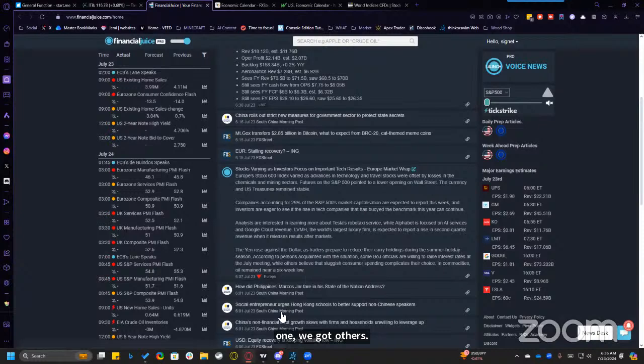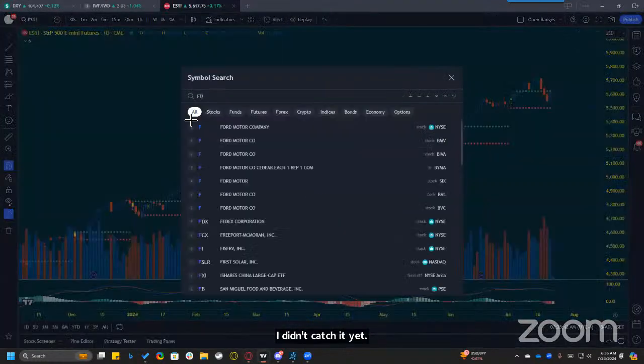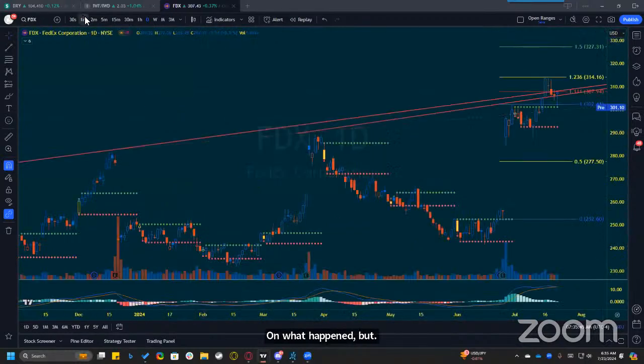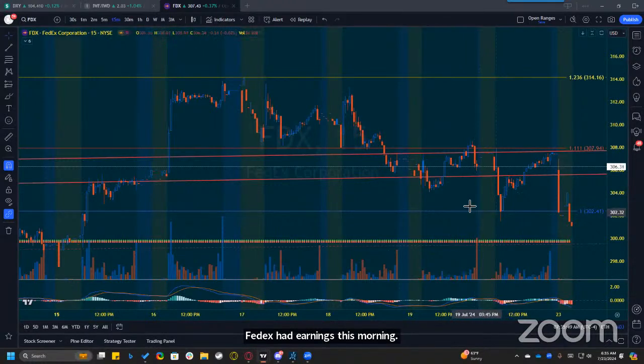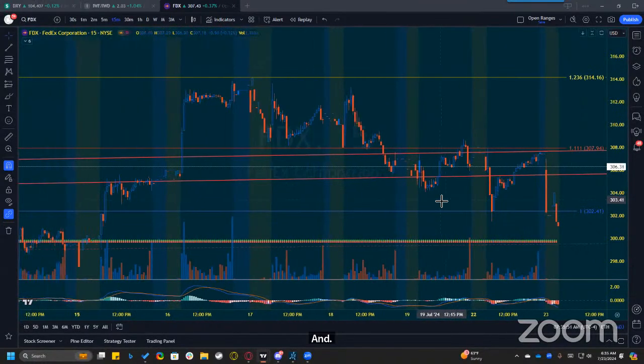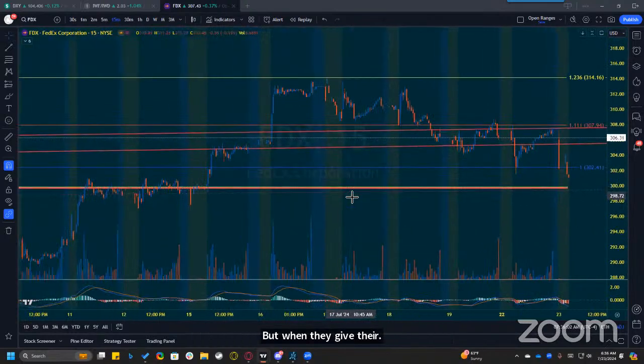I didn't catch it yet on what happened, but FedEx had earnings this morning and it didn't work out for FedEx. This is one that you want to keep an eye on. It's not as important as the Mag 7 ones, but when they give their earnings announcement, their forward guidance